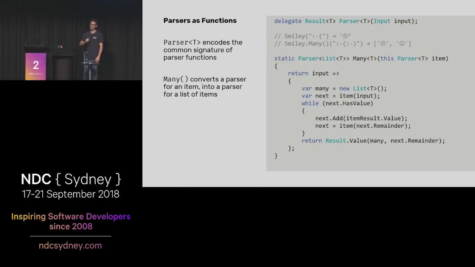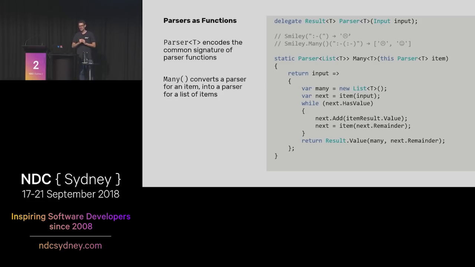Because parsers are functions, there are some tools in C# for dealing with functions that we can apply to make working with parsers a lot easier and much more pleasant. The term might be higher-order functions, but we don't want to get too technical, right? Not getting into maths or anything like that either.